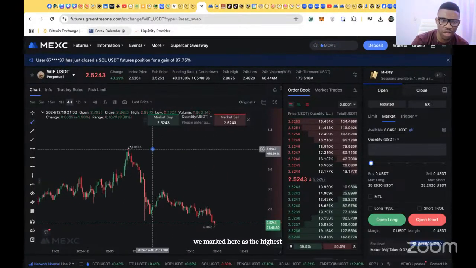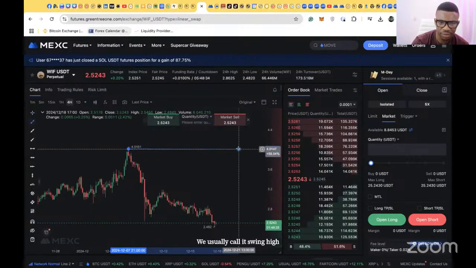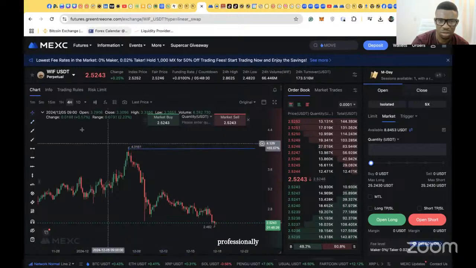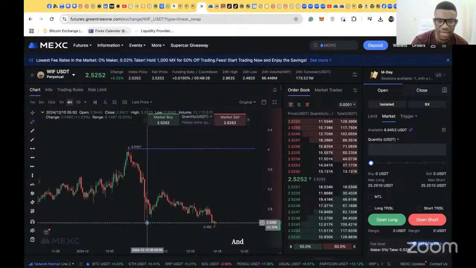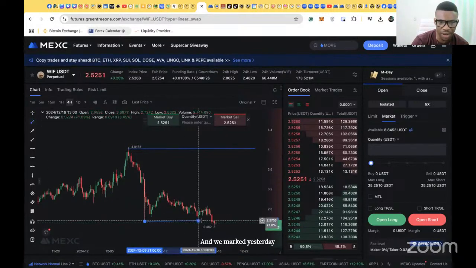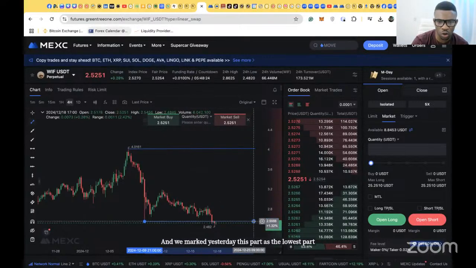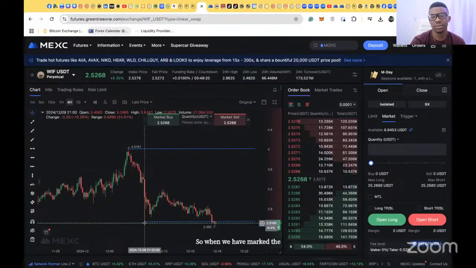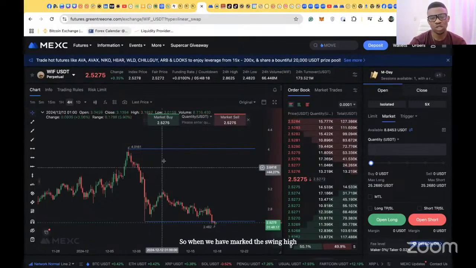We usually call it swing high professionally. And we marked yesterday this part as the lowest part. We usually call it swing low. So when we have marked the swing high and the swing low,